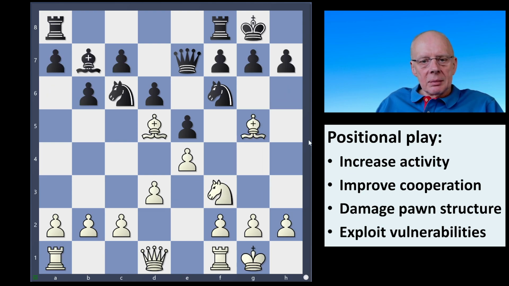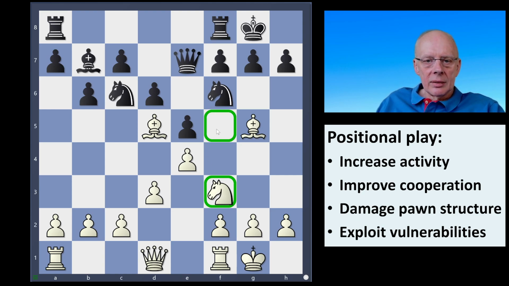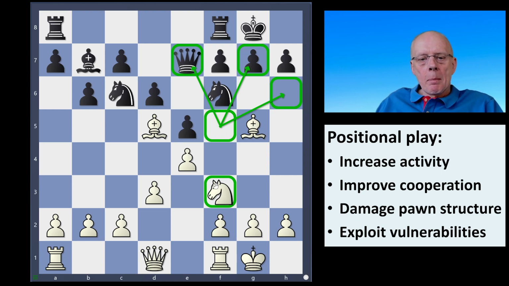So in this case, right, if you would say, what is the dream square of this knight on f3? Well, the knight would be much better, right, on f5, attacking the king and also eyeing all those squares, right? So again, currently this knight is on the white side of the board, on the third rank. We bring the knight to the fifth rank, and we start to attack points in the